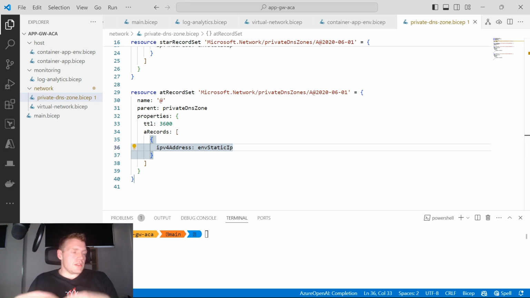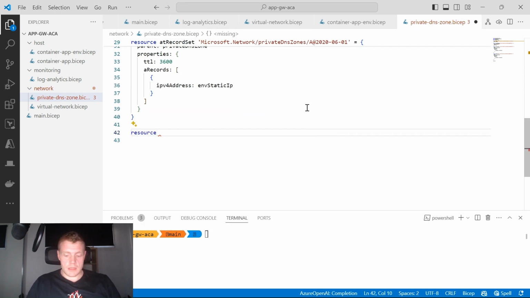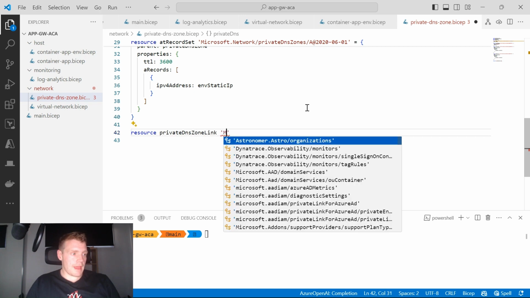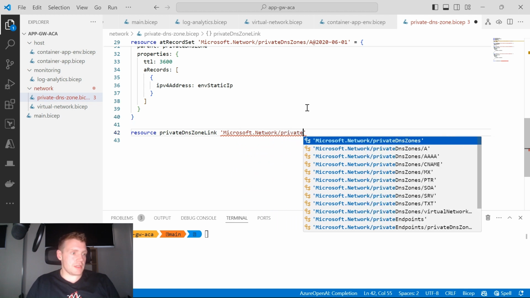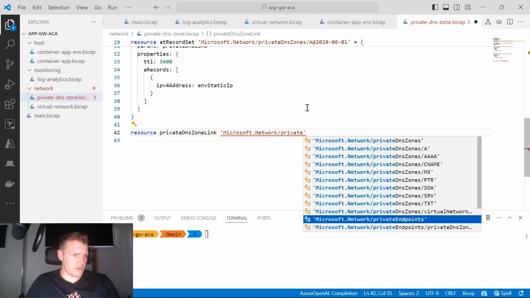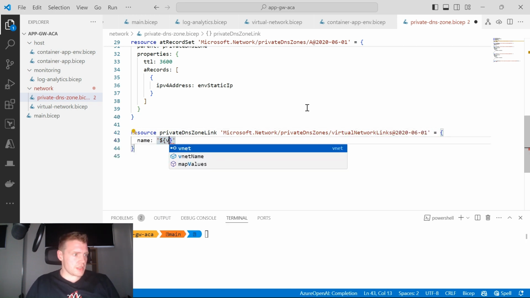Cool, so now what I need to do is create a private DNS zone link, or a virtual network link, sorry, so I can actually connect this back into my virtual network. So I need to create another resource. It's going to be a private DNS zone link. And again, Microsoft.network/private DNS zones. And I'm looking for virtual network links. There we go. Now for the name of this, I'm going to just go vnet.name